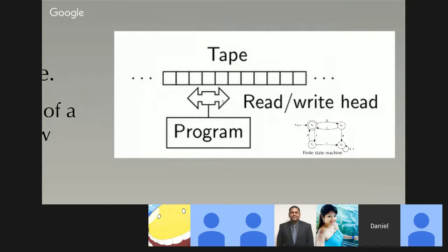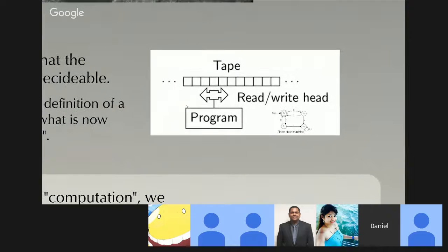And then there's this read-write head. The read-write head can move left and right along the tape, and it can read from and write to each individual cell. And then there's a program that tells the read-write head how to move back and forth across the tape, depending on what it reads from the tape. Right? So it's a machine. The program determines exactly what this machine does at every step. The program and the tape determine entirely every future state of this machine. And so you can look at this Turing machine in order to determine what's going to happen in the future of the machine. And this is how Turing eventually proves that you can't determine whether a general Turing machine will halt.